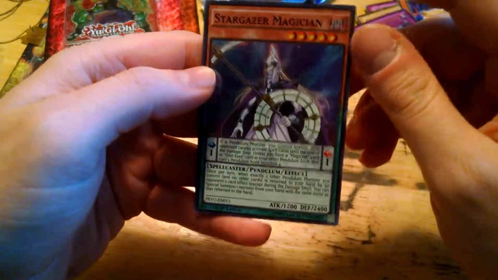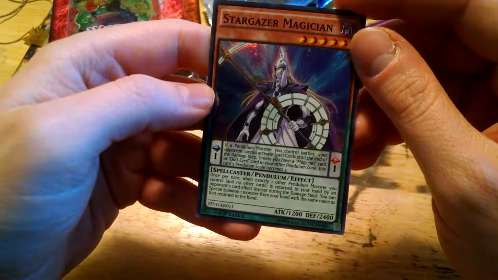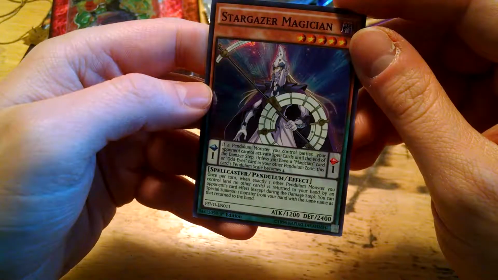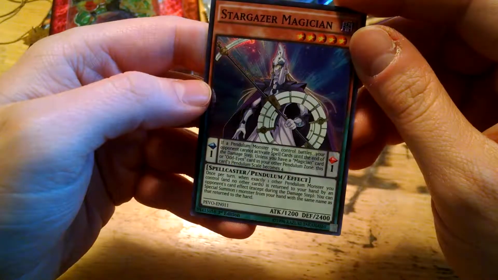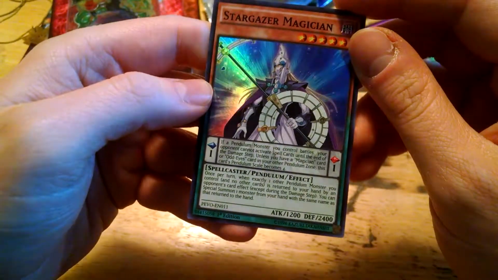Oh, and we've got a Stargazer Magician. I think I only had one of these guys, so that's pretty neat. If a pendulum monster you control battles, your opponent cannot activate spell cards until the end of the damage step unless you have a Magician card or Odd Eyes card in your other pendulum zone. This card's pendulum scale becomes 4. And,